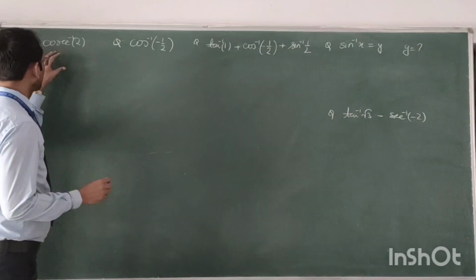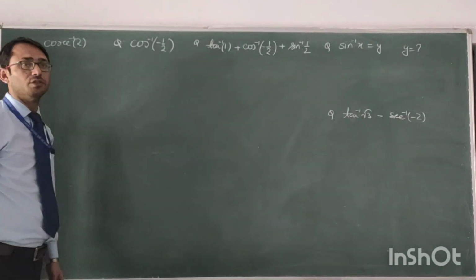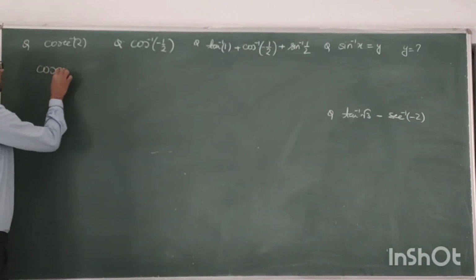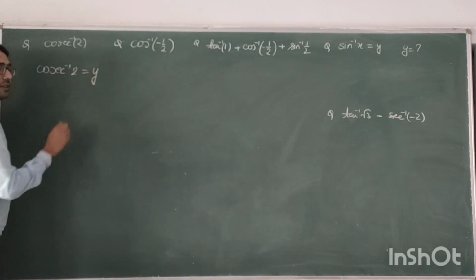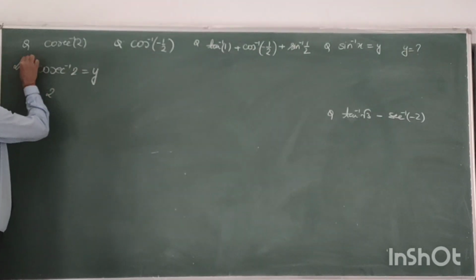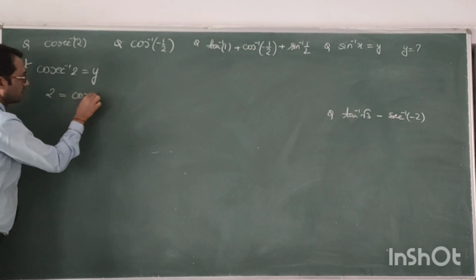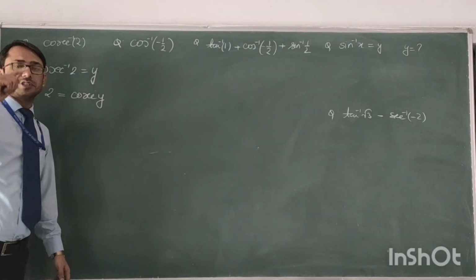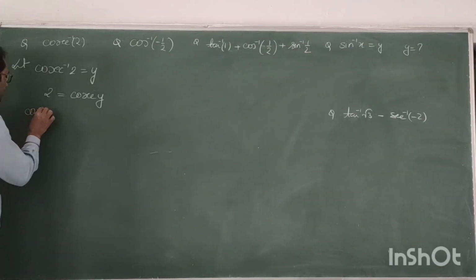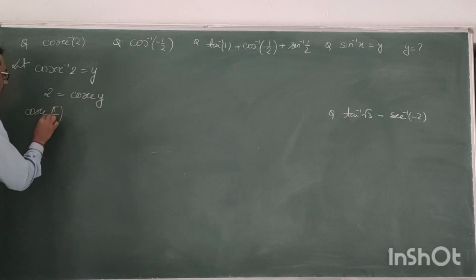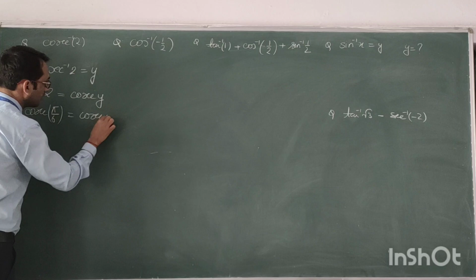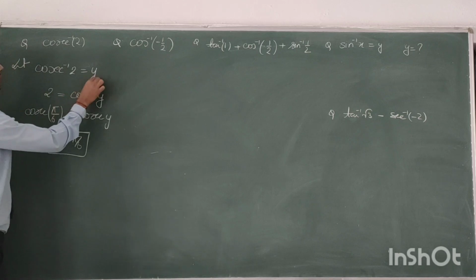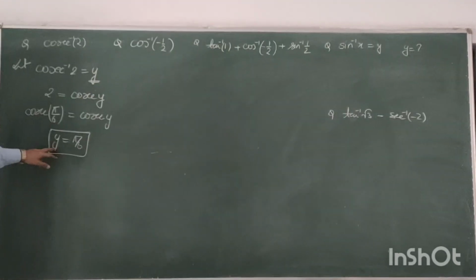Today we are going to do some of the questions from the first exercise of inverse trigonometric functions. In this series, the first question I am taking is cosec inverse 2. Whatever we need to do, keep in mind we will be supposing that as y. So I could say 2 is equal to cosec y. Now just tell me, 2 in cosec is cosec pi by 6, equal to cosec y. Therefore, y is equal to pi by 6. And we were supposed to calculate the value of y. That is this. So its value is pi by 6.